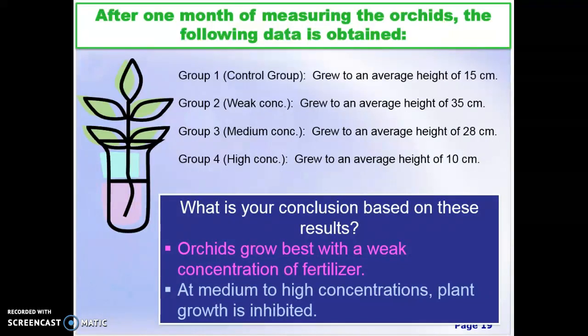So that's an example of having an independent variable, a dependent variable, and having a control group, using that to compare. That's what a control group is used for, is to compare information, and then using that to